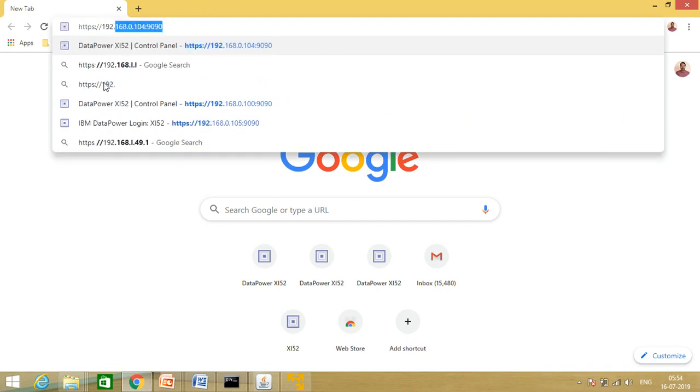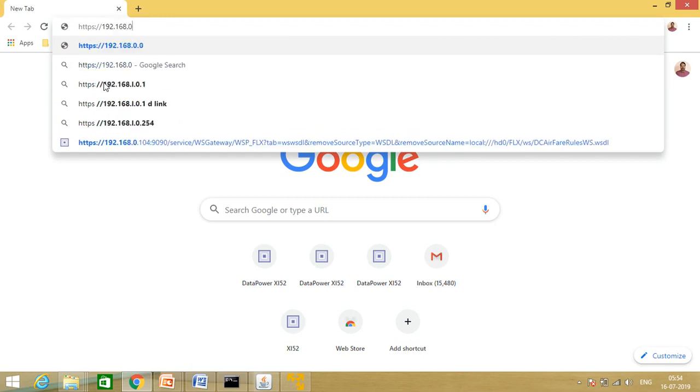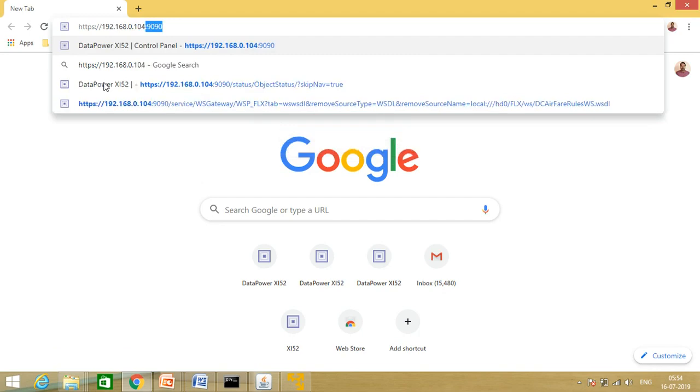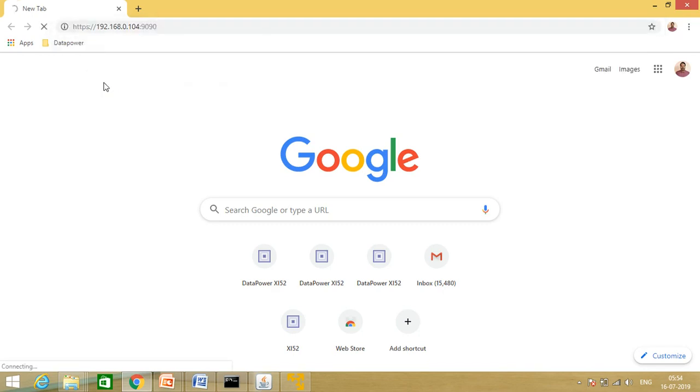It's 192.168.0.104. If I give only till 104, it will not identify, or the page will not come up, because all the services have a particular port number to differentiate the GUI. So now if I give this default port number 9090 and hit enter, let's see what happens.